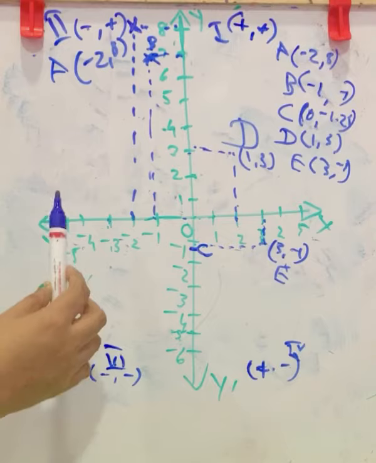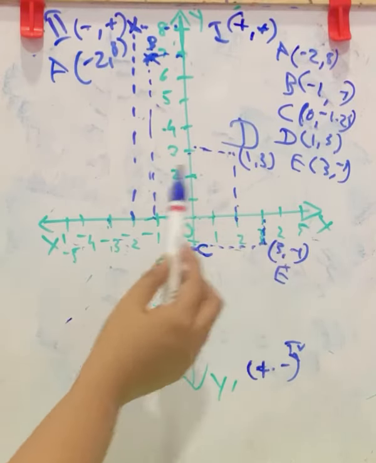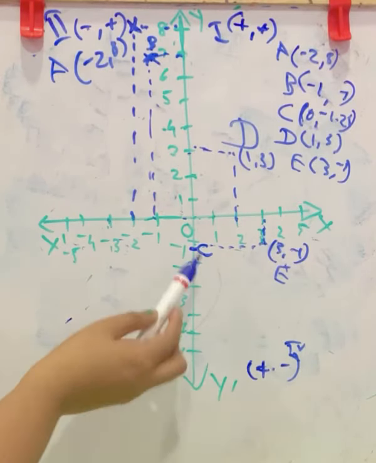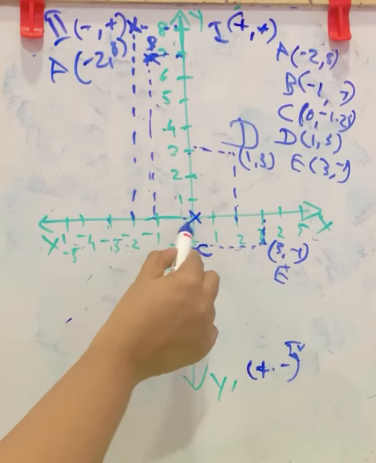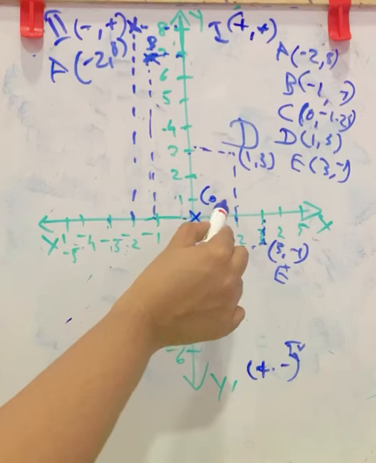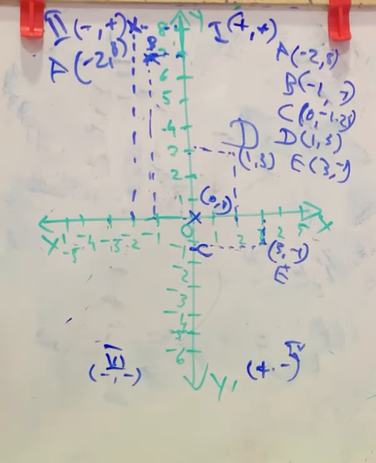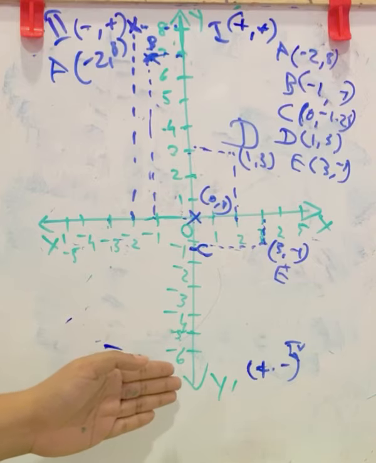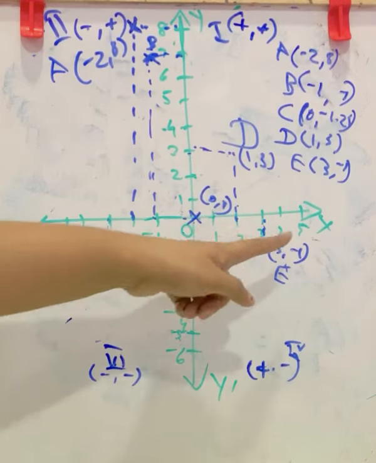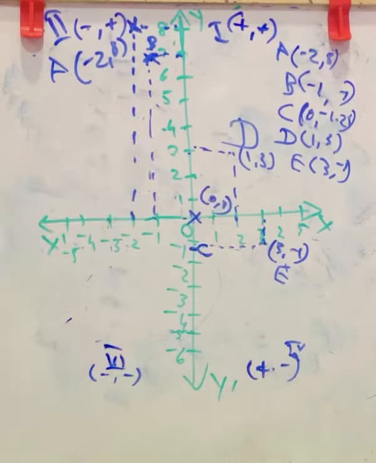Also, always name the axis as x, x dash and y, y dash. Origin as O. Here it is 0, 0. If a point was here, you will say it is 0, 0. Don't forget. And all the points lying on y-axis, x coordinate will be 0. All the points lying on x-axis, y coordinate will be 0.